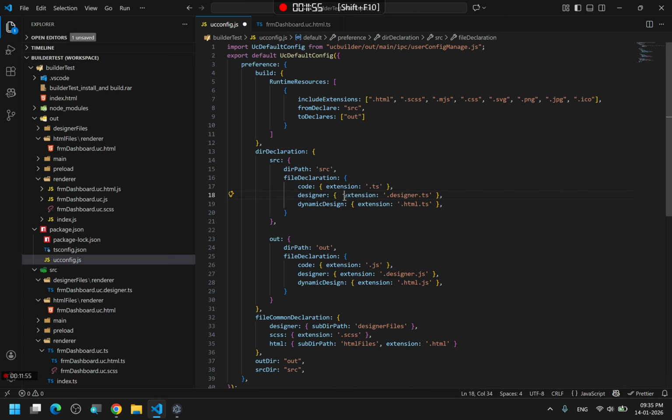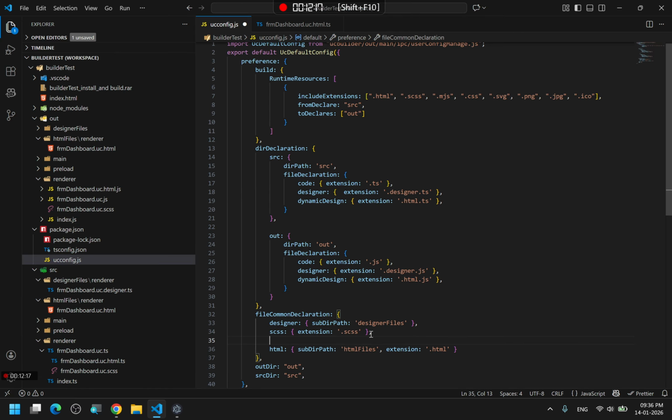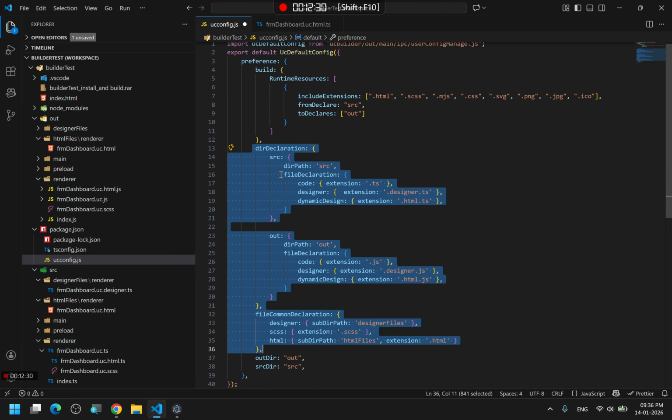we set the extension and subdirectory path here, then it will be considered the main priority. But if you don't set it here and both output and SRC have the same subdirectory, you can declare that here. But for UCBuilder only these files are mandatory. So you can copy this code or write this manually,